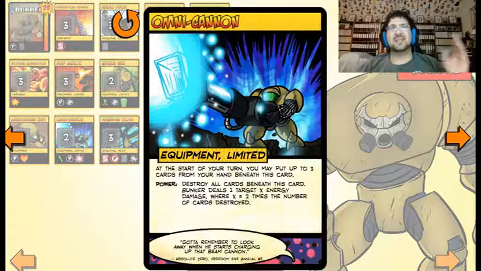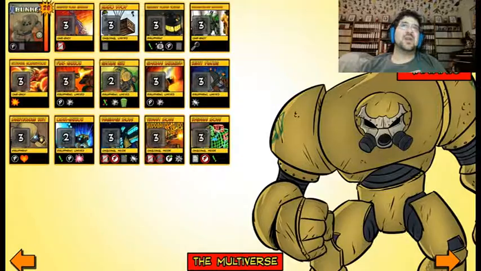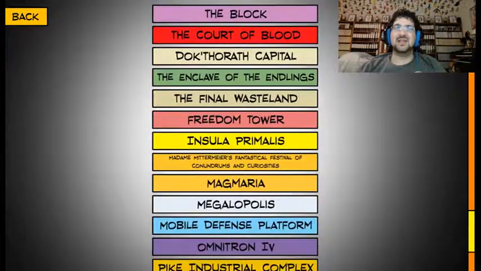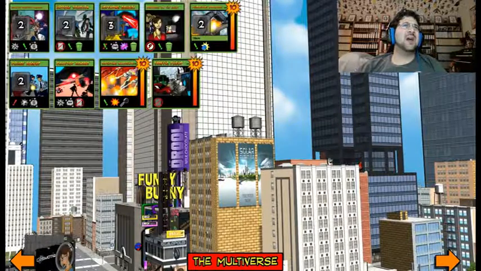And the third thing is the Omni Cannon, which deals energy damage. Now, you'll notice that's only 3 types of damage, and he needs 4. The 4th type is melee damage, and he doesn't have a card that does melee damage. However, if you look in Megalopolis, there is an environment card, which is...